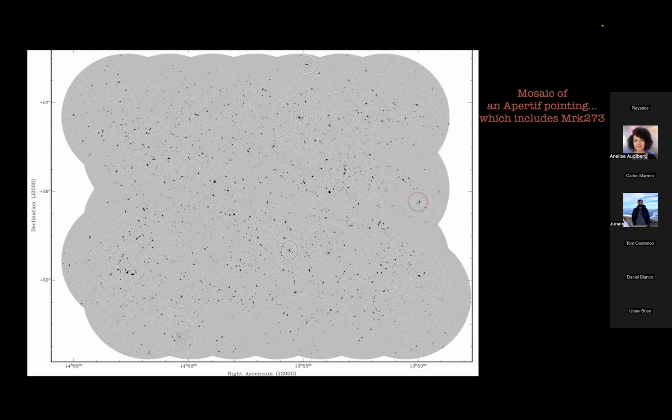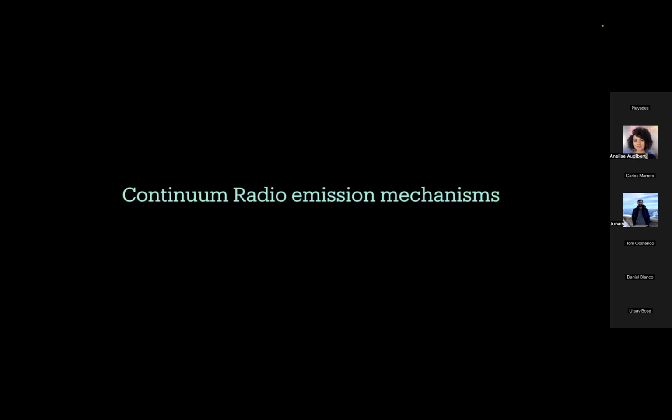So if you look carefully, here is Markarian 273, this tiny object I just showed you, is up here. This is where we took actually the image I showed you before. These are some leftover artifacts from the data reduction. And if you look even more carefully, down here there is F101. So in this image, you can do science for the rest of your life,